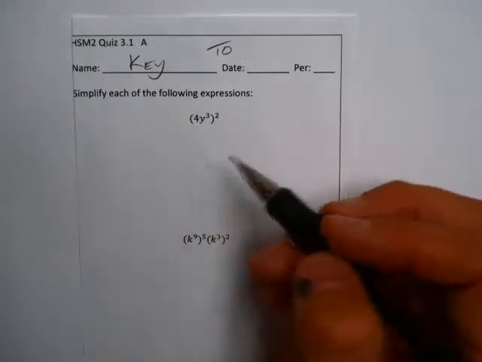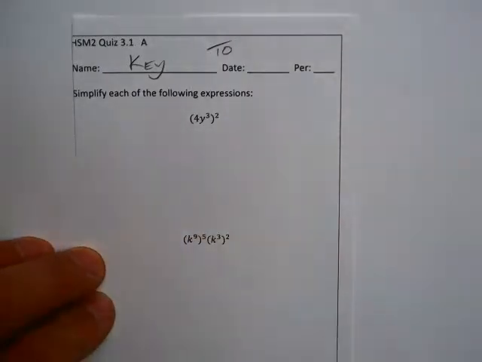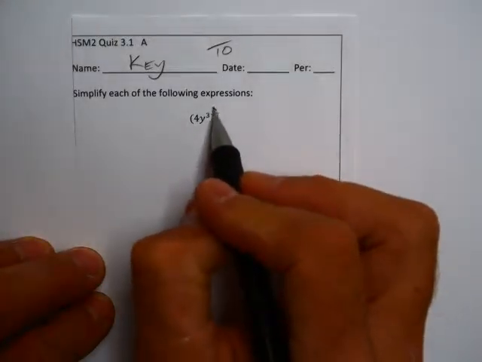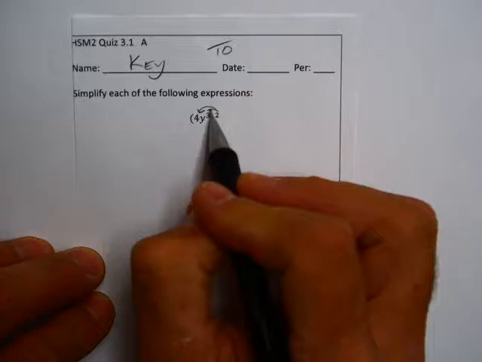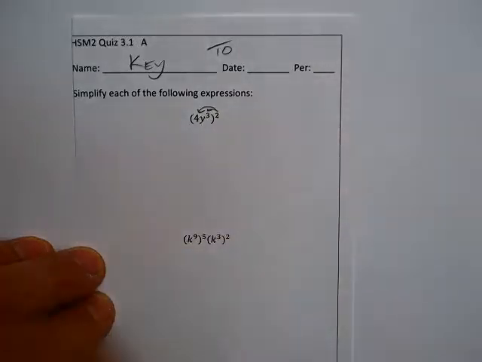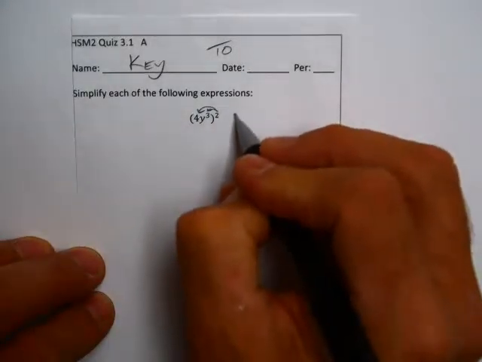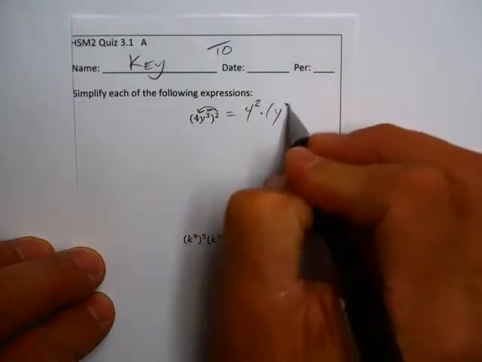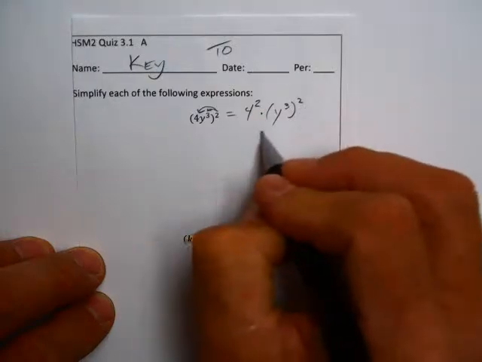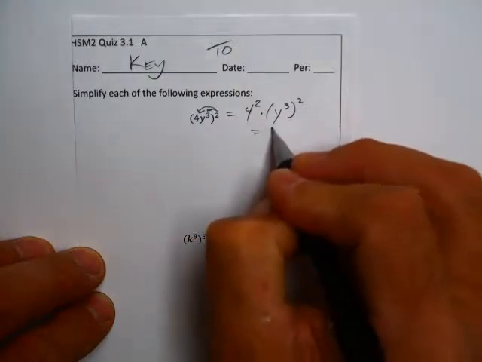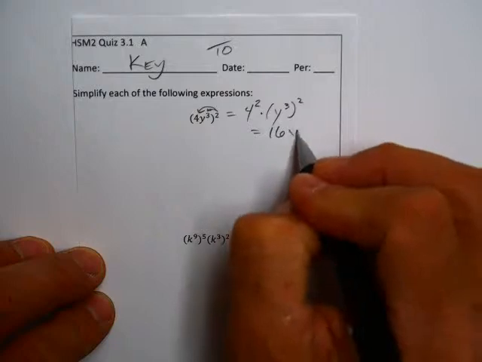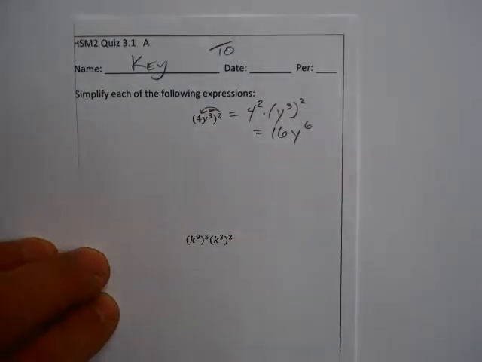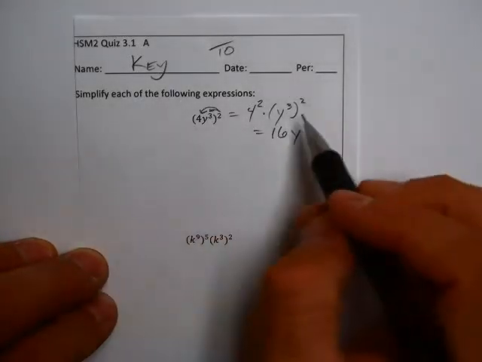And to be honest, grading these a little bit is kind of a gut thing as well, seeing what students know. But what I would like to see is students see that this too applies, kind of like distributive property, but it's really not. So this becomes 4 squared times y cubed squared, which is then simplified into 16 y to the 6th. When we raise an exponent to an exponent, we multiply those. And why that is